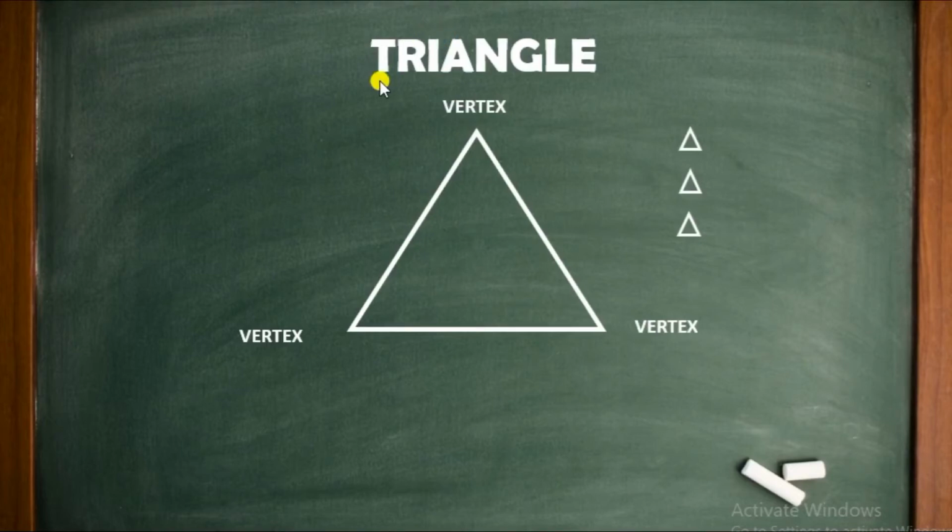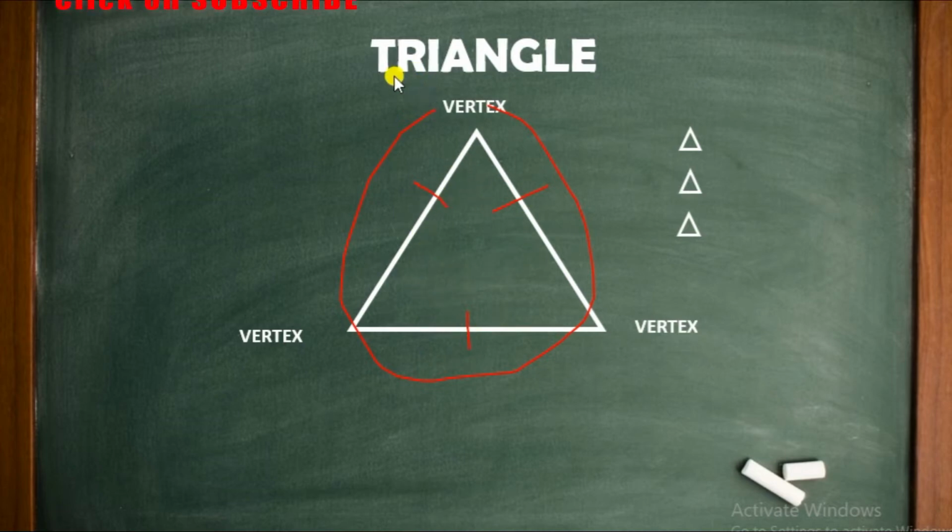In this video, we are going to know about triangle. So what is a triangle? To know what is a triangle, we have drawn one polygon. Why is it a polygon? Because here it has three sides, and we know a figure with more than two sides is called a polygon. So here this picture is a polygon.